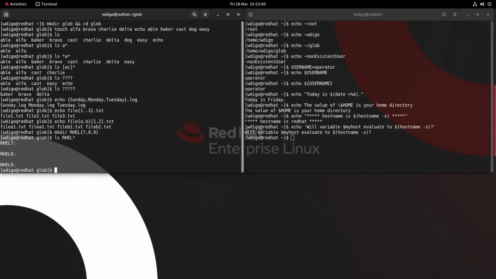Brace expansion generates sequences or multiple string variations within curly brackets. Here in this example, echo space open curly bracket Sunday, Monday, Tuesday, and we close with a closing curly bracket .log. The output, as you can see, Sunday.log, Monday.log, and here echo file, open curly bracket, closing curly bracket, and inside it's a range